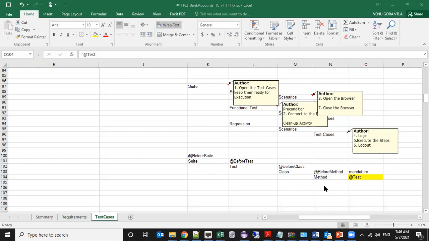And then for each level, as you have your before method, you will have after method, after class, after test, and after suite as well, while closing all the things.